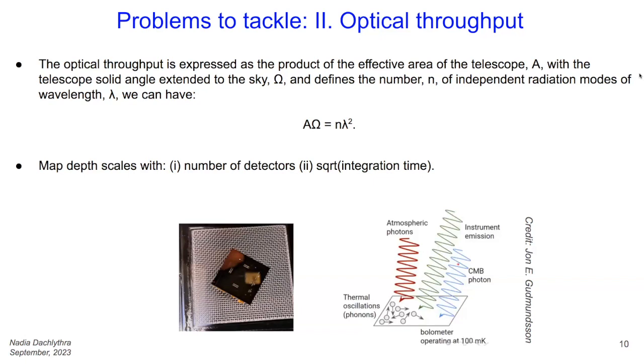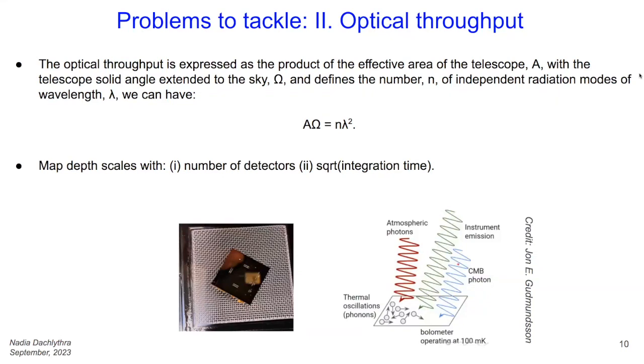Because if you were looking at a bolometer, let's say, see here. This is the bolometer that we have fabricated at the University of Tokyo for the Simons Observatory telescopes. And this is designed to operate at 100 millikelvin. And this is a ground-based experiment. So if you look at this nice cartoon that my supervisor made,